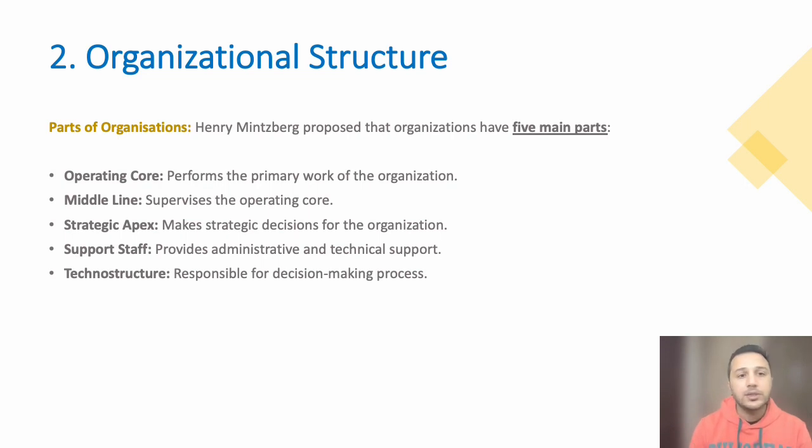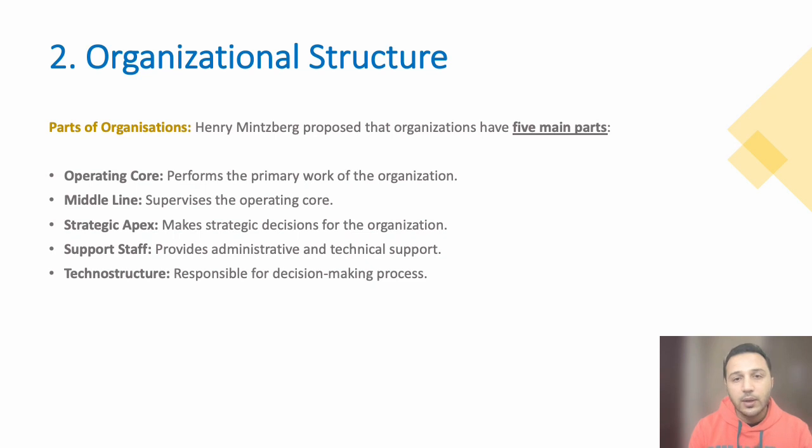And the last one is technostructure, or technocrats. These are the people who are very techy in their behavior or in their background. For example, the programmers who make the programs. So these are the scientists, could be doctors. The technocrats are the ones who are very specialized in a certain area, and they help the organization overall to achieve objectives. So any organization has these 5